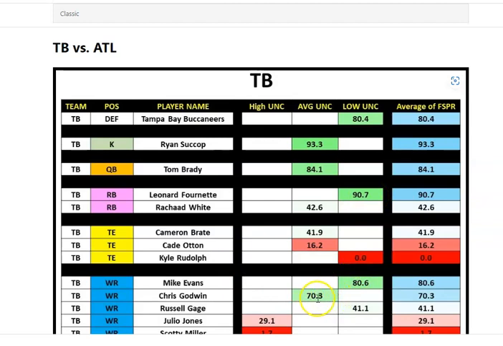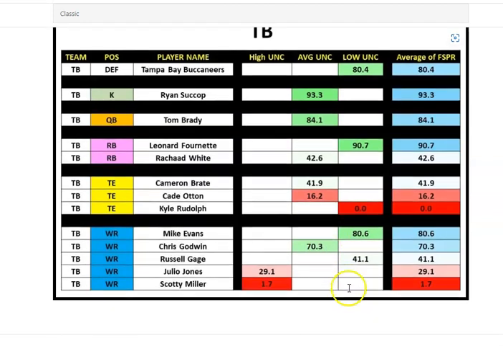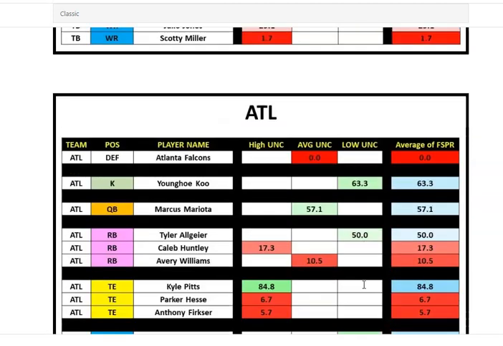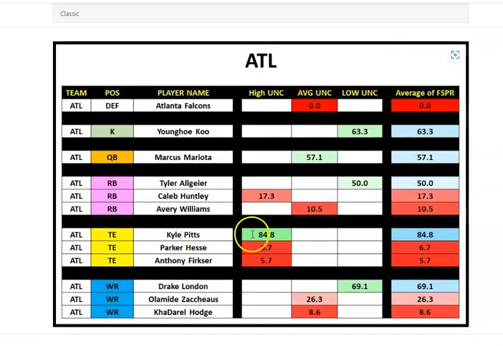Godwin's coming back, but at 70, so a flex wide receiver two low type. Gage, I'm not playing Gage. Atlanta, Pitts is out. I'm not playing Hess or Frisker, so that's a pass for me. London's about the only play I want. Algar, maybe if you're desperate.